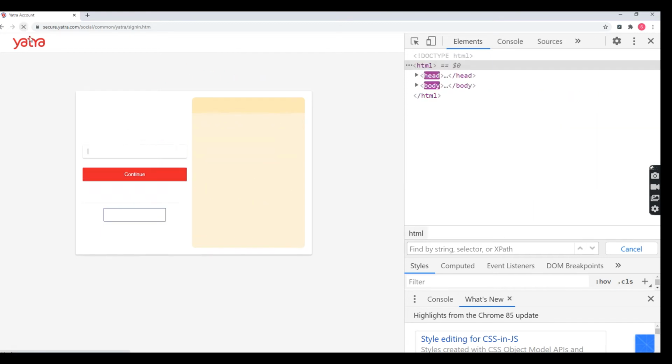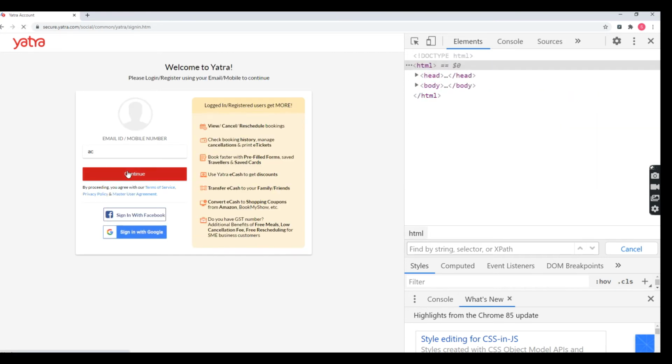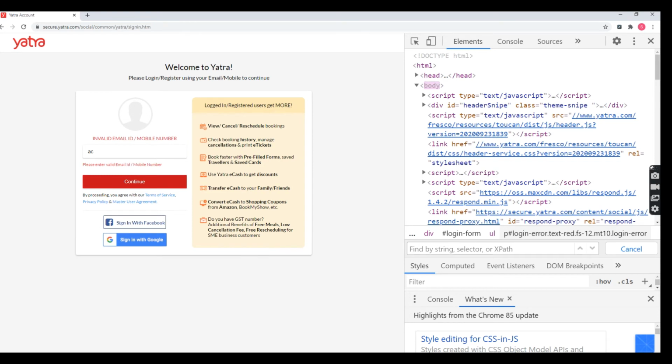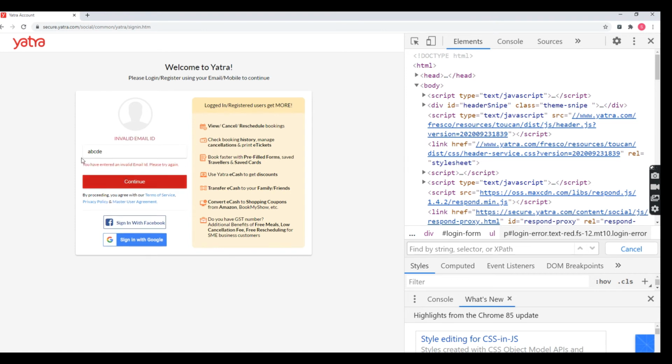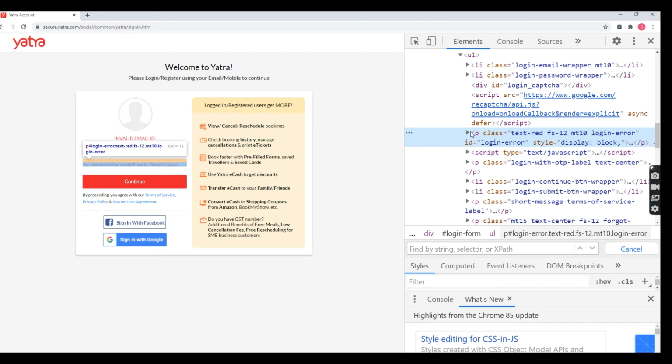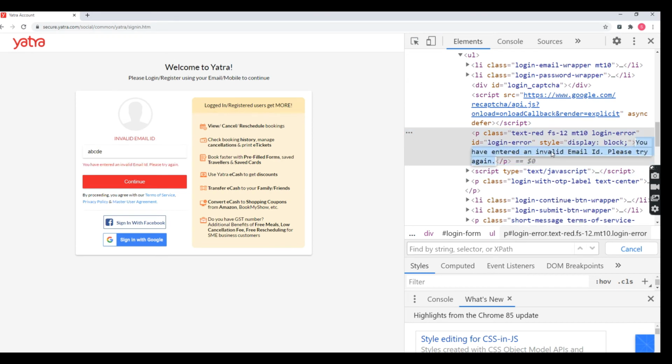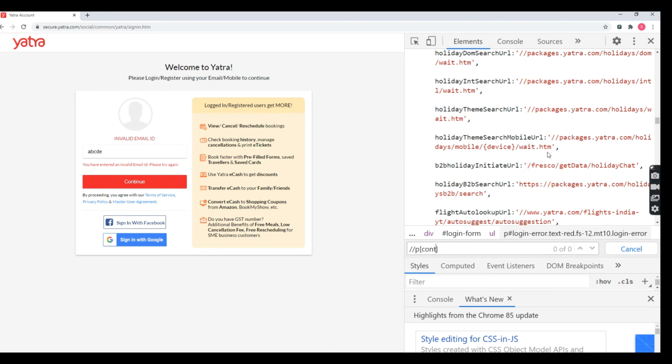Just refresh it. So this is the error message. I'm going to take the XPath for this one, P tag using contains text.